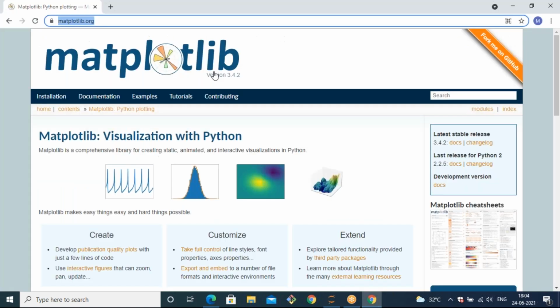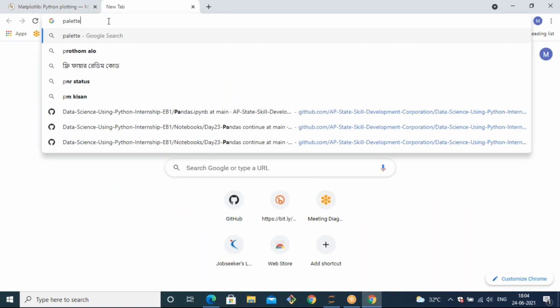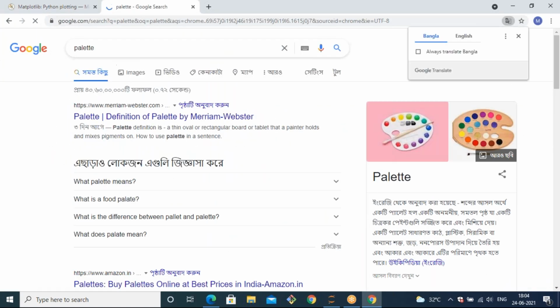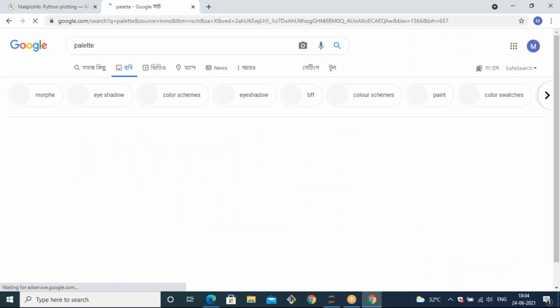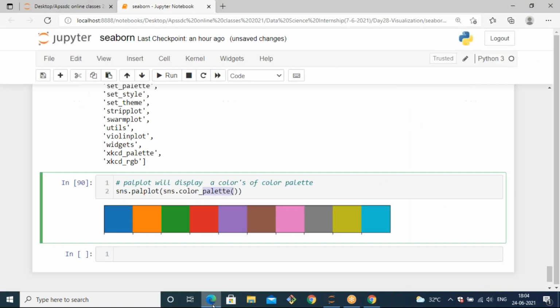See, you can observe one thing while drawing, something like a palette. Yeah, you can see this kind of object can be called a palette. So with respect to this object, it has some kind of inbuilt colors. You can mix the colors, and while mixing them, you can generate a new color again. Like this, you can create n number of colors from the inbuilt colors by using Seaborn.